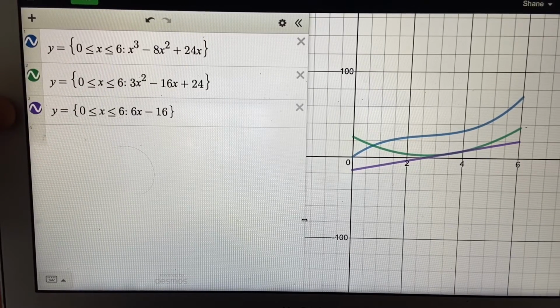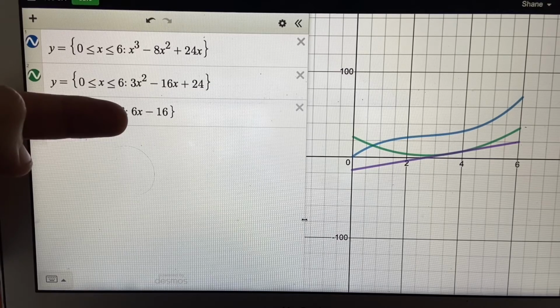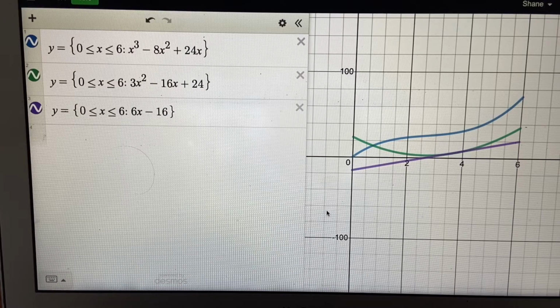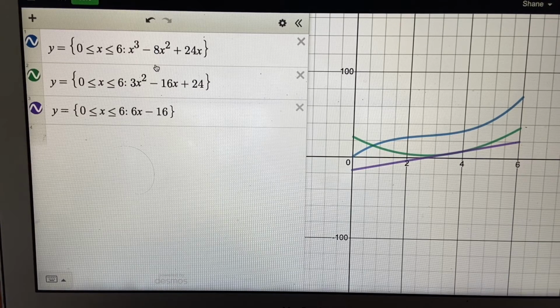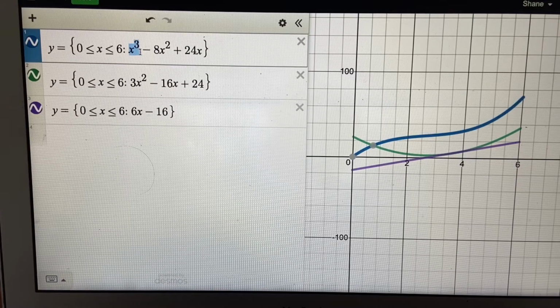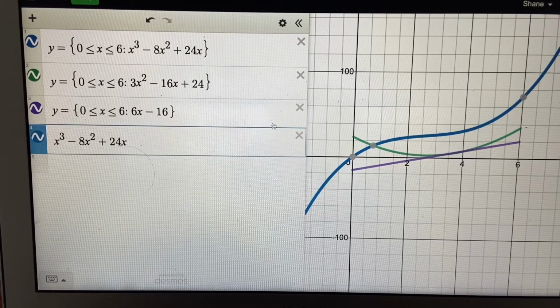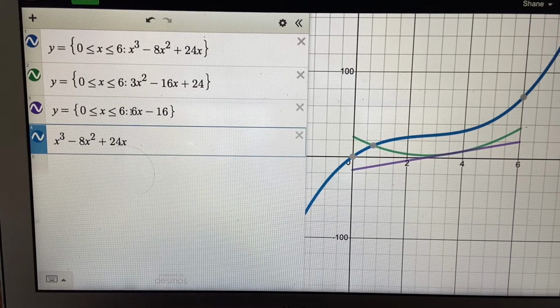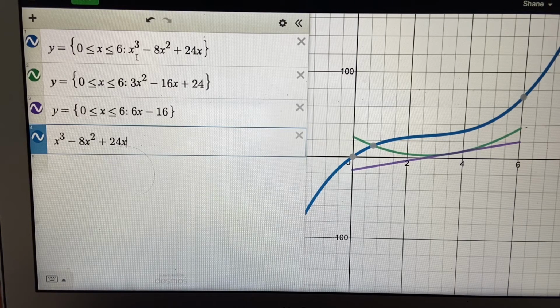And then the purple one here is the linear function, which is the acceleration. So for part 7, it said graph the position function, the velocity, and the acceleration, all from 0 to 6 only. So what you can do in Desmos is, rather than just type in the function, so if I type that down here, then you'll obviously get the entire function, right? If you want to restrict it, like what was said in this problem, just from 0 to 6, you can use this notation. You can use this set, and then this is saying, hey, only graph this following function